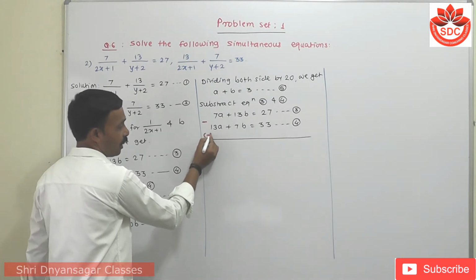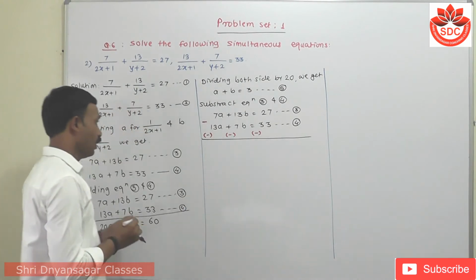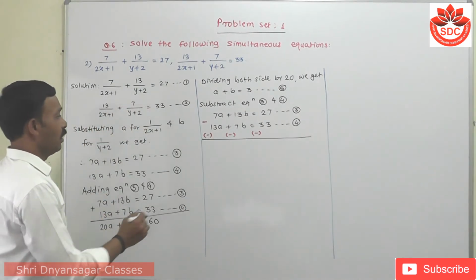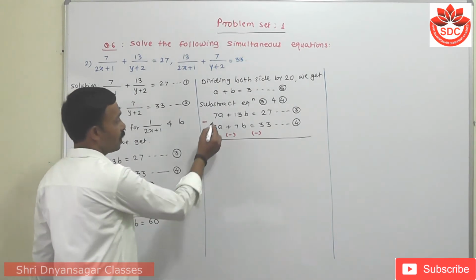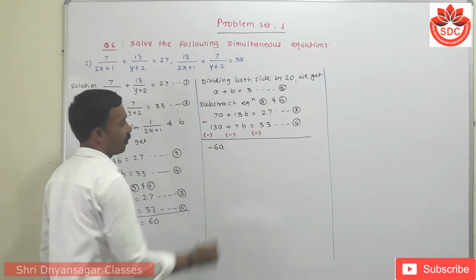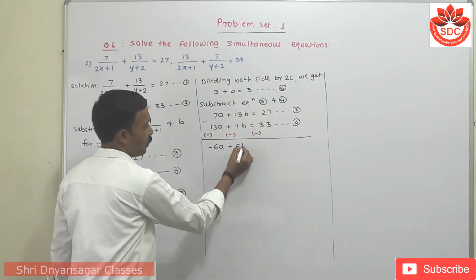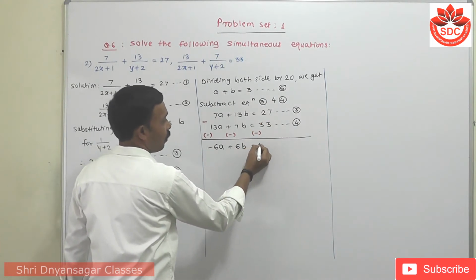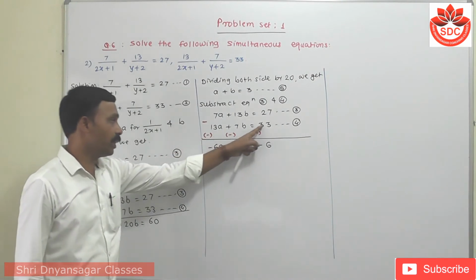This plus converts to minus, this plus minus, this plus again minus. Then what is the subtraction? Now 13 minus 7 we have to subtract. This value becomes 3 and this 3 becomes 6a, that means minus 6a. Then this also plus 6b. This also minus 6. Now always use the sign of the bigger number here.